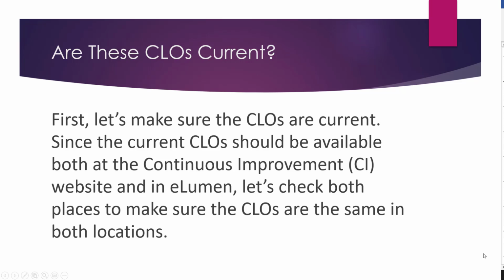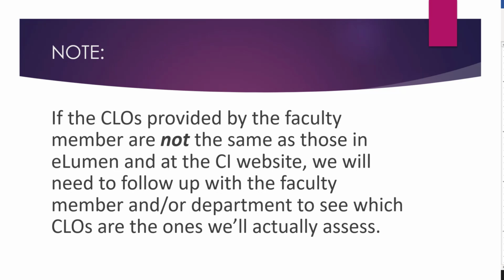First, let's make sure the CLOs are current. Since the current CLOs should be available both at the Continuous Improvement CI website and in Illumin, let's check both places to make sure the CLOs are the same in both locations. If the CLOs provided by the faculty member are not the same as those in Illumin and at the CI website, we will need to follow up with the faculty member and/or department to see which CLOs are the ones